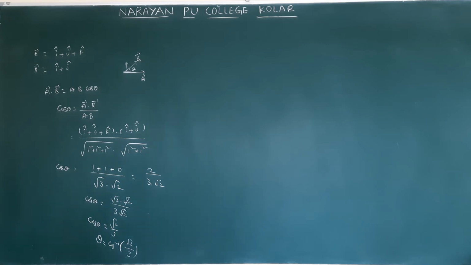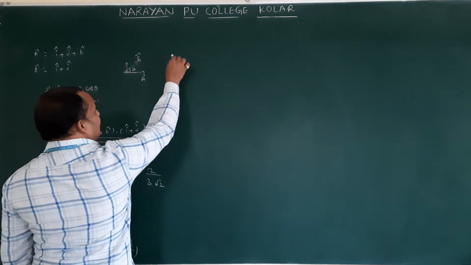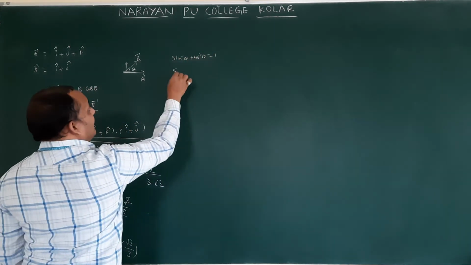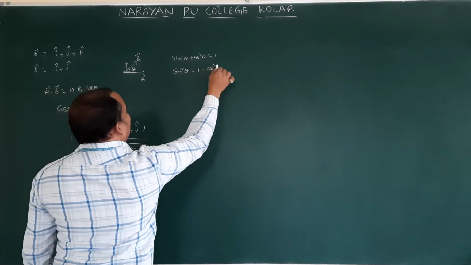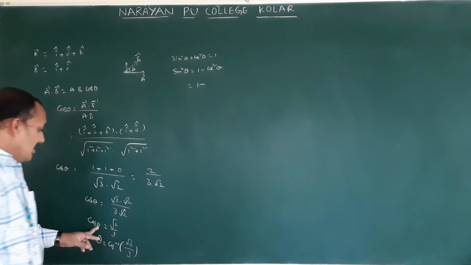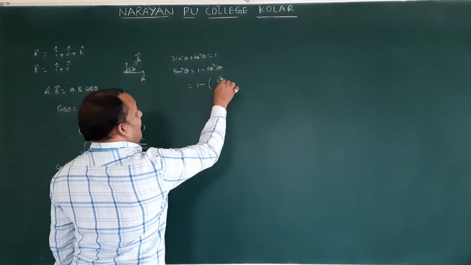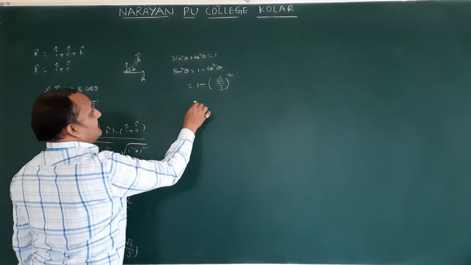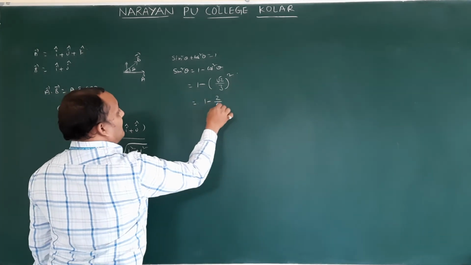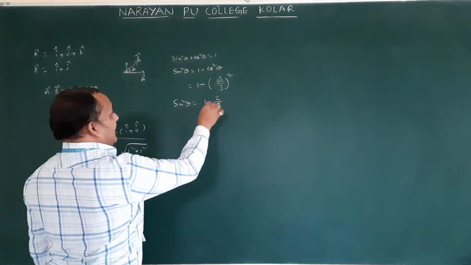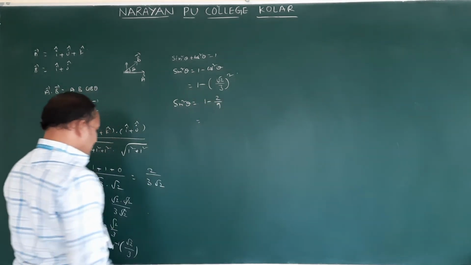They gave only one cos, that is 1 by root 3. But they gave it in sines. Sines means you came to know the cos theta sin theta relation in mathematics. What is that? Sin square theta plus cos square theta equal to 1. Therefore, sin square theta equal to 1 minus cos square theta. Cos theta value is root 2 by 3, root 2 by 3 whole square. That is nothing but 1 minus 2 by 9. Isn't it? This is nothing but sin square theta. So 9 minus 2 by 9, how much?